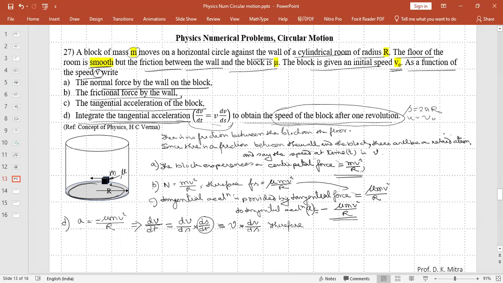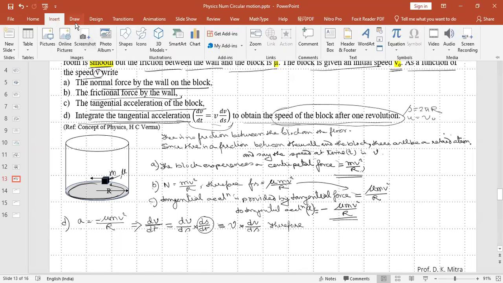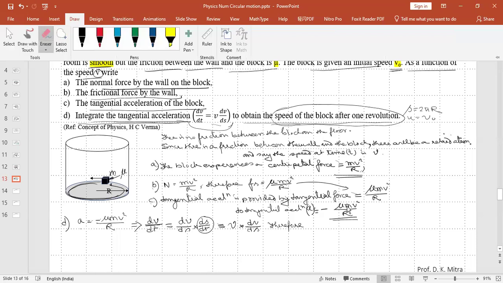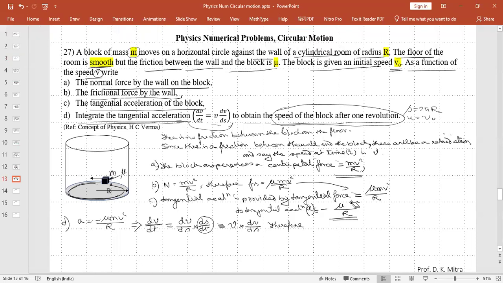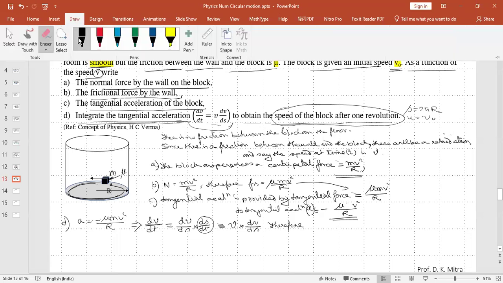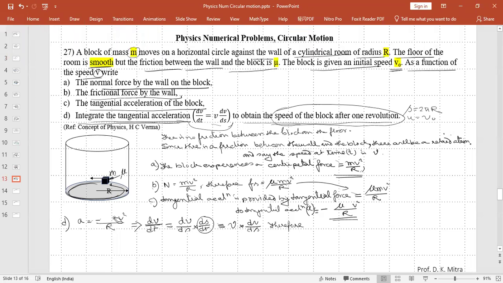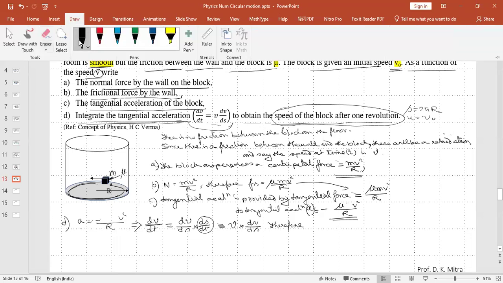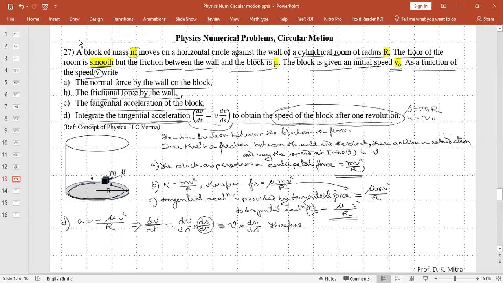Acceleration will not have the term m. This is the tangential force. Acceleration will not have the term m. This is a mistake. Acceleration will not have the term. It is mu v square by r. Therefore, here also, acceleration will not have the term m. Acceleration is mu v square by r. Therefore, mu v square by r